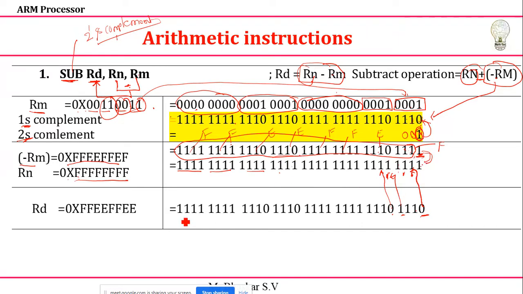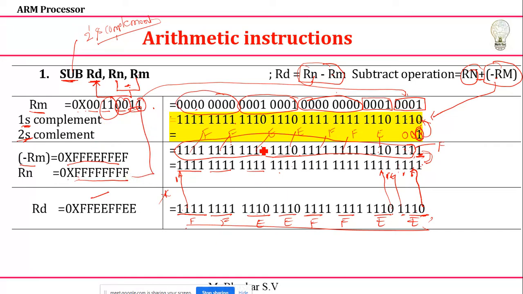Once you did this, next I'll get these values completely. Finally you can see here also a carry will be generated. So 1 plus 1 plus 1 plus 1, I'll get 1, and 1 carry is coming out. So this one we are going to neglect, and we are going to write the value. You can see everything 1 1 1 1 I'm going to write F. This is also F. This value here is 1110, it is E. So the result is FFFFFFFE. This is the result I am getting after subtracting Rn minus Rm.